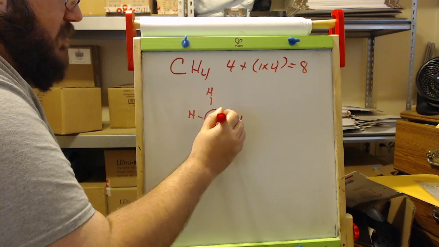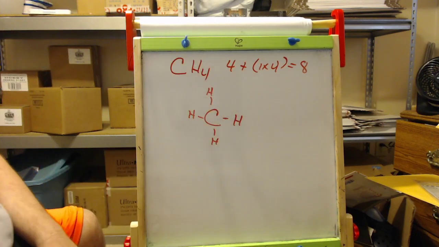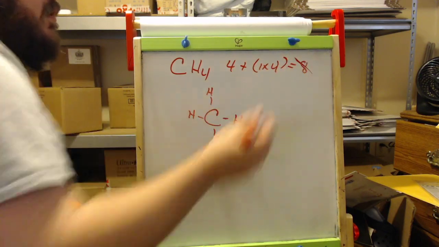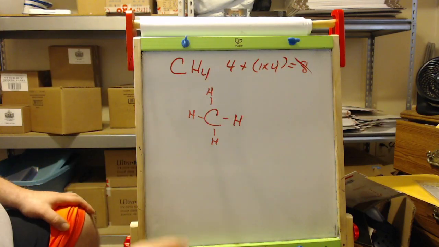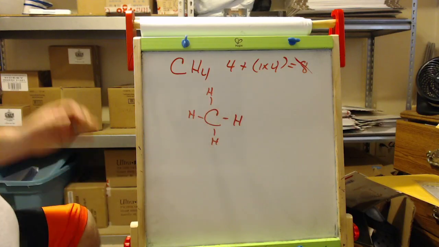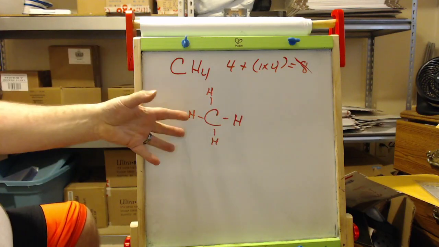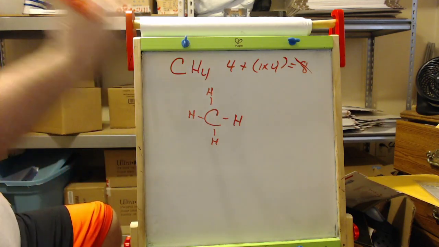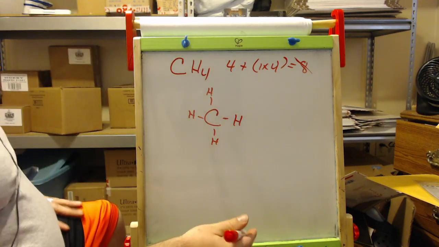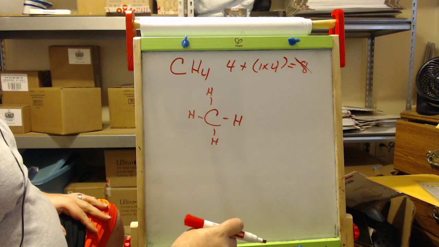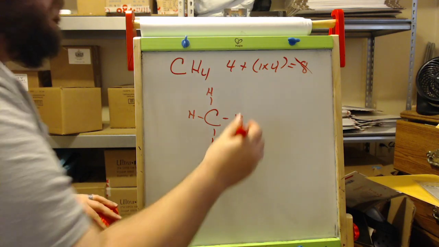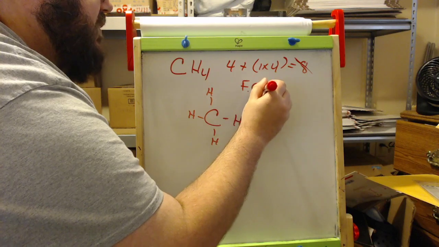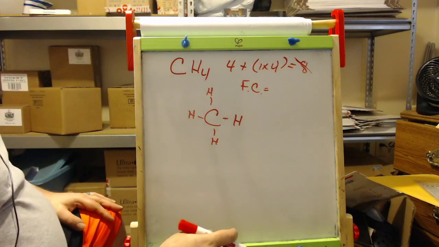So add up your electrons, find your central atom, place the others around it. Each line represents 2 electrons. You've got 8 electrons there, 2, 4, 6, 8. Therefore, we have our structure, or what we think of this organic compound. In order to check it, you do the formal charge. Okay, and we want our formal charge on our atoms to be 0.